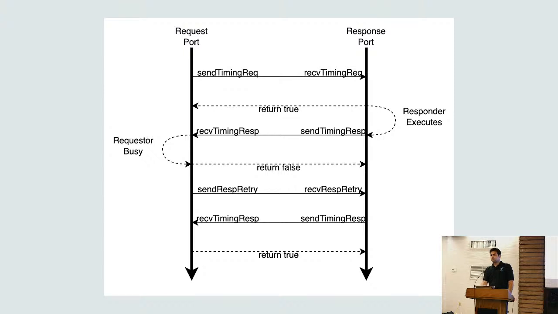Okay, let me ask you a question. Let's say the sender is an L1 cache, the receiver is an L2 cache. So the requester is an L1, the responder is an L2. How would you add latency on the link between these 2 caches? So say you want a model that takes 5 cycles or 3 nanoseconds. Would you just have the responder just like